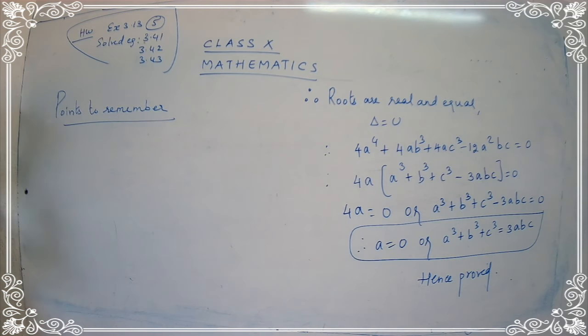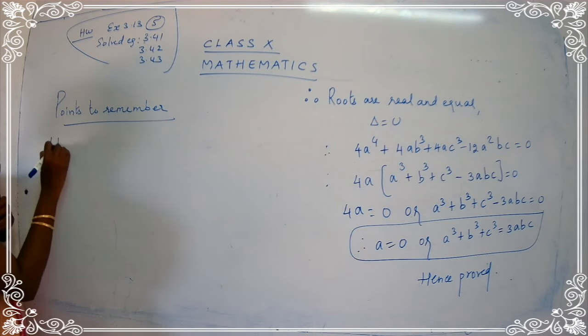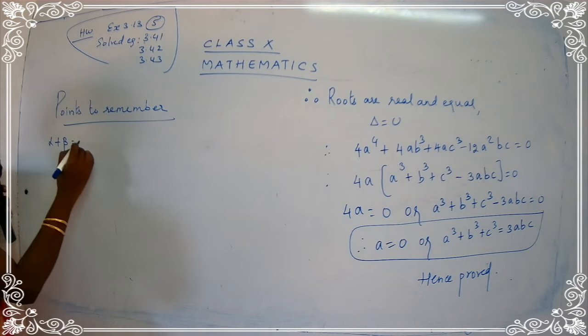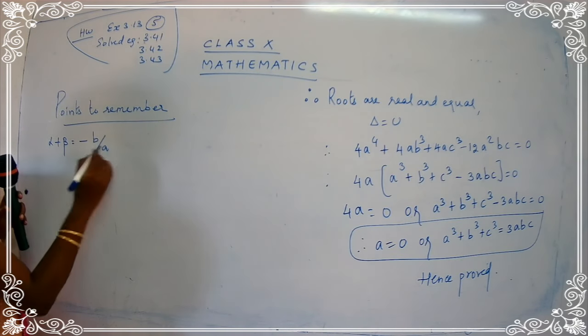Okay, let's go with the work. So these are the points for your exercise 3.14. So write down the formula here. First formula, you are going to write down for alpha plus beta. Remember the formula for alpha plus beta? For the sum of roots, if you have two roots, alpha is a root, beta is a root. So what is the sum of two roots? The formula is minus b upon a.